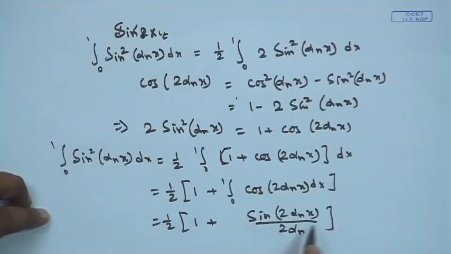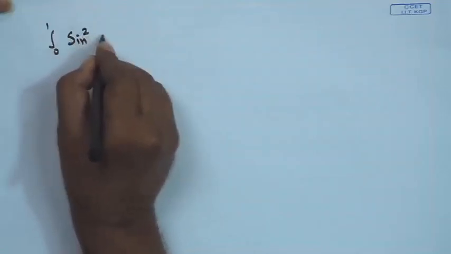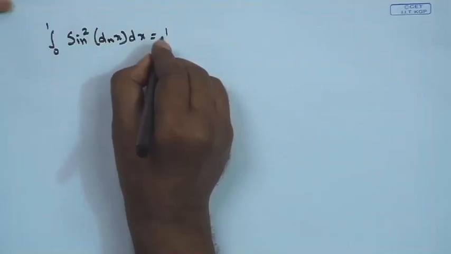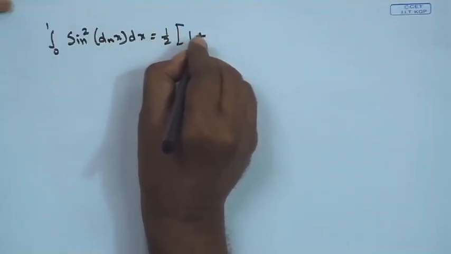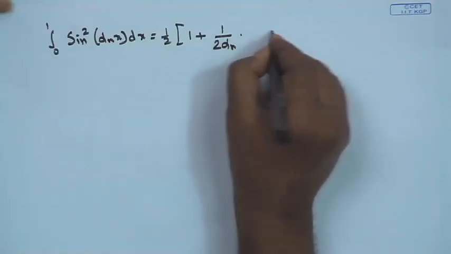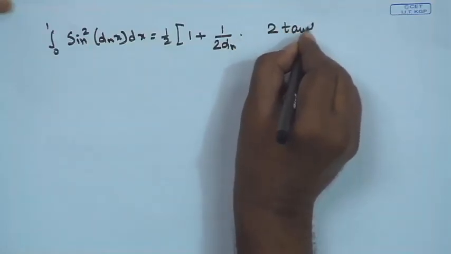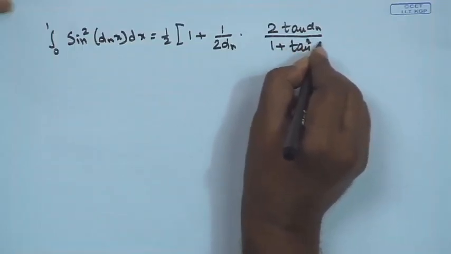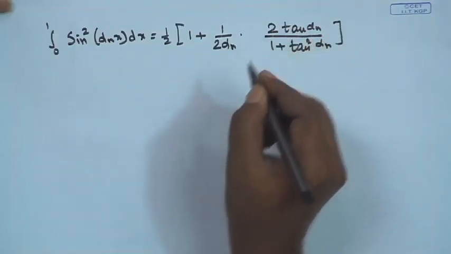Okay. We express sine 2 alpha n in the form of tan. So, the integral from 0 to 1 of sine square alpha n x dx now becomes half of 1 plus sine 2 alpha n divided by 2 alpha n. Sine 2 alpha n is nothing but 2 tan alpha n divided by 1 plus tan square alpha n, and